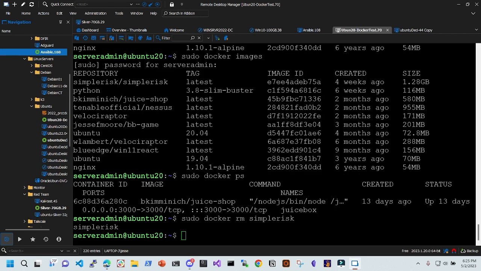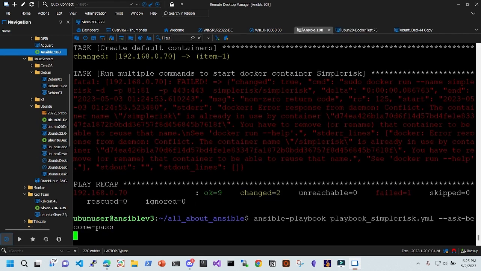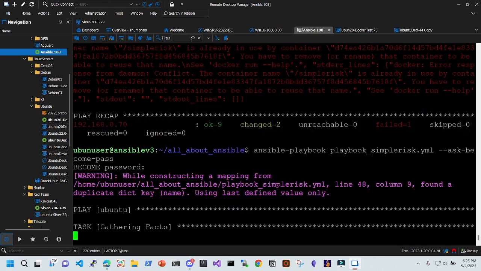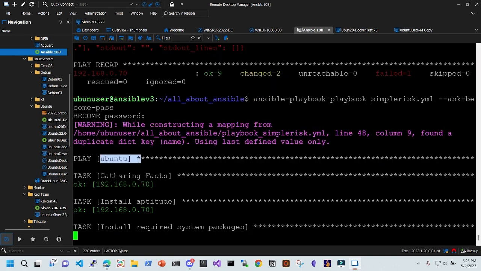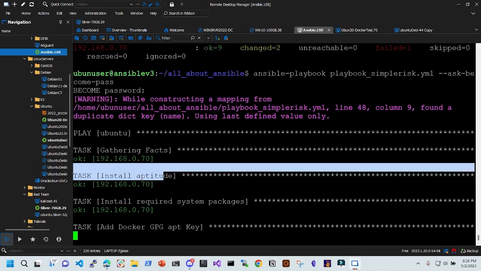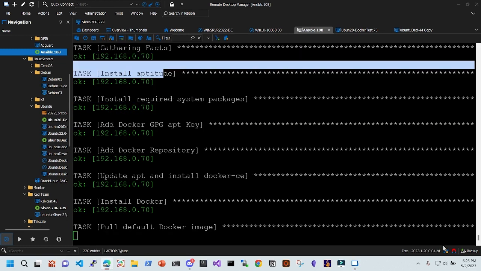Okay, so if we go back up here, oh, so sorry. This is what's good about running Ansible though. You don't have to copy and paste or do all the manual stuff over and over again. You really just press up once and do your thing and it'll go through all the stuff again. The other great thing about Ansible is, oh my gosh, it just does all this repetition for you. So while that does that again, because that does take a while,